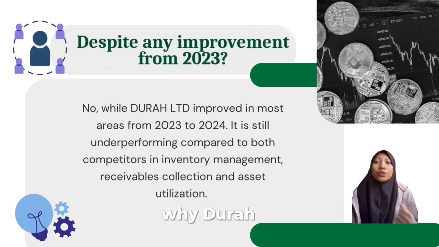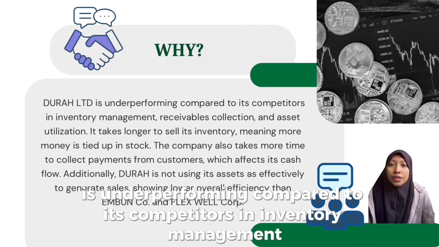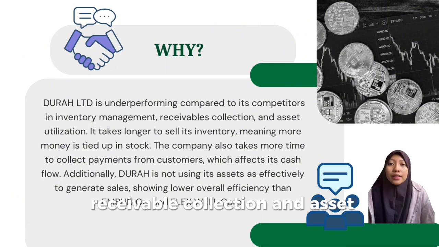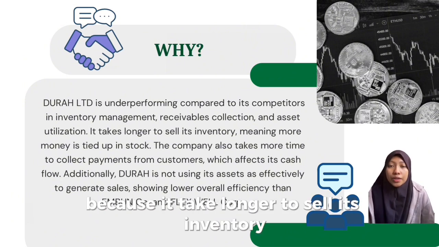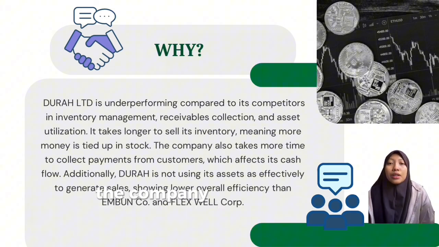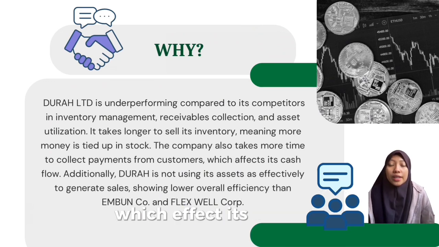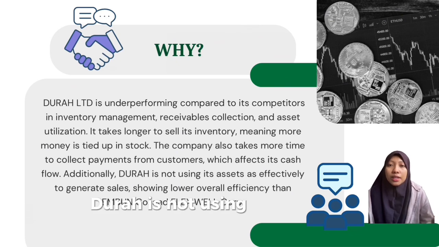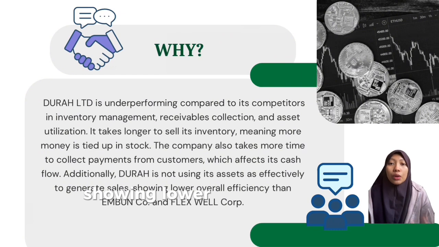Why? Dura Ltd is underperforming compared to its competitors in inventory management, receivable collection, and asset utilization because it takes longer to sell its inventory, meaning more money is tied up in stock. The company also takes more time to collect payment from customers, which affects its cash flow. Additionally, Dura is not using its assets as effectively to generate sales, showing lower overall efficiency than Embun CO and